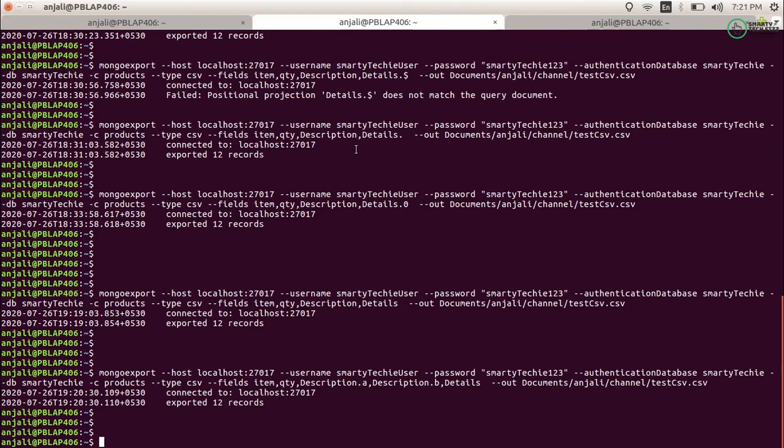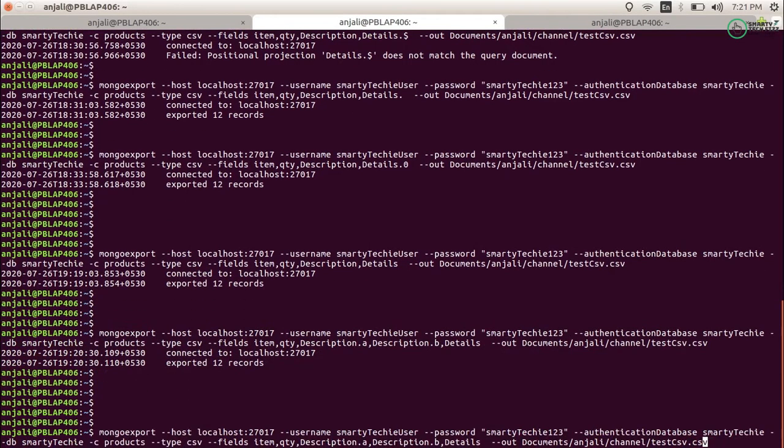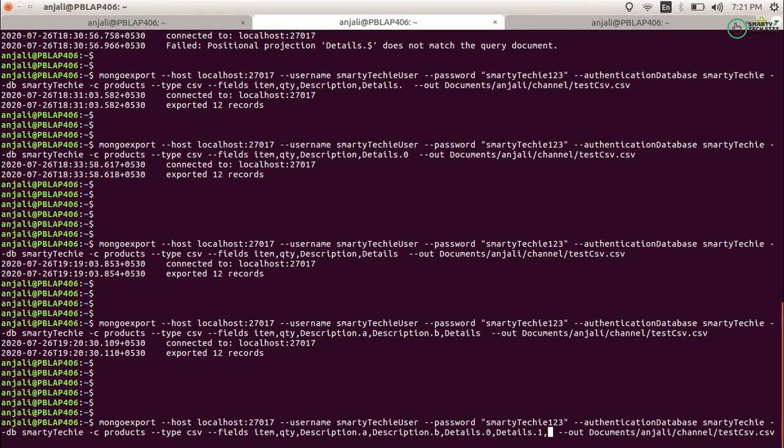Now, what if you want the data of the array type in different columns? For this, let's say you have details with three values. We can mention details dot 0 for the first value, details dot 1 for the second value, and details dot 2 for the third value. As you know, arrays start with the 0 index, that's why we have mentioned 0, 1 and 2.